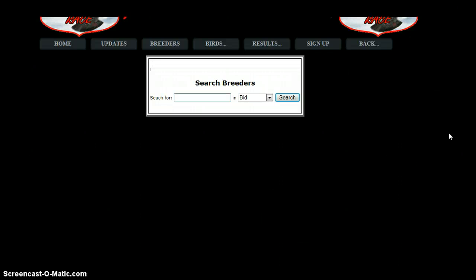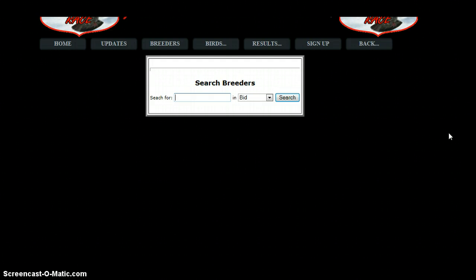Then the breeders will have the same name, the same username and password. They'll be able to go to one location and check all their birds and all the one loft races. We'll be able to come up with an award system somewhat like the WinSpeed and the AU does with their national database. But at any rate, so when we clicked on that import button, it brought us to a search